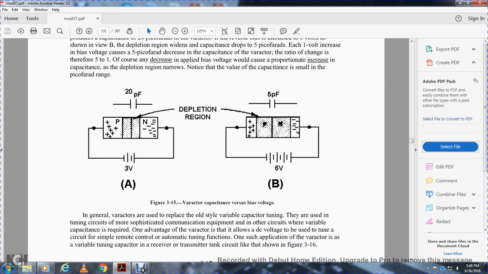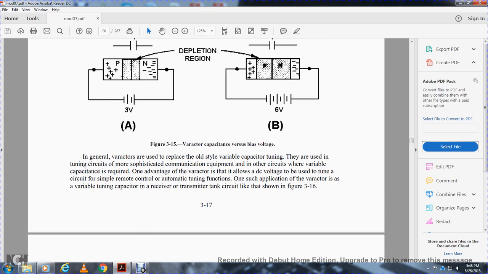Figure 3-15, varactor capacitance versus bias voltage: depletion region, 20 picofarads, 5 picofarads. In general, the varactor replaces the old-style variable tuning capacitor, used in tuning circuits of sophisticated communication equipment and other circuits with variable capacitance. The main advantage of the varactor is that a DC voltage can be used to tune a circuit, as in a simple remote control or an auto-tuning function. In one such application, the varactor provides variable tuning capacitance in the